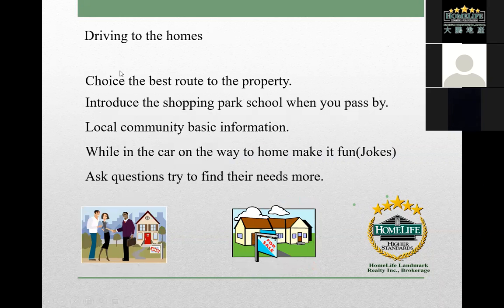Choose the order of driving to the home, and choose the best route: good, better, and the best. Introduce the shopping, parking, and school when you pass by. So where's the community center, where's the school, where's the elementary school, high school, and what is the ranking, where's the